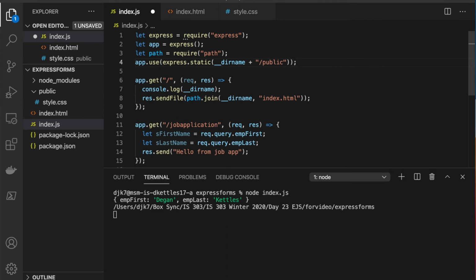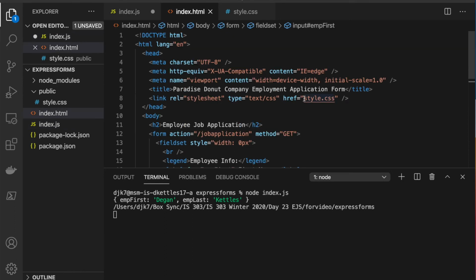And this is saying that whenever a static asset is requested, like a style sheet or JavaScript, go look in this public folder. And I could put nested stuff in here. So for example, I could create within here a folder called stylesheets and a folder called JavaScript. And then within my pages, I could type in styles/style.css, or if I was including some JavaScript, I could do javascript/ and then some file.js. So that's how we would potentially organize a lot of static assets that we're going to be using